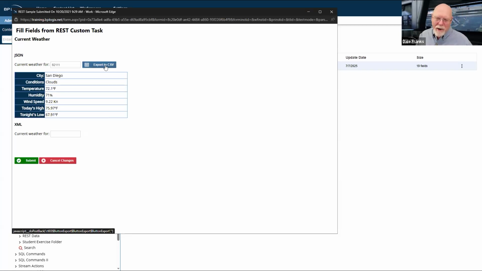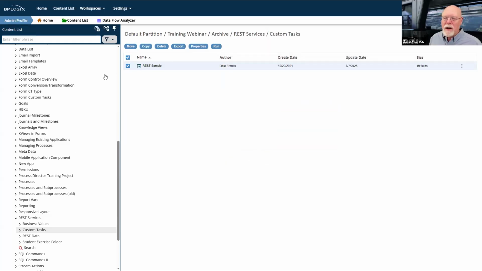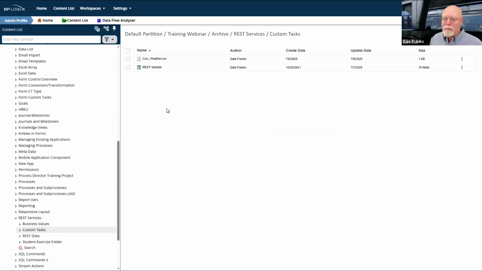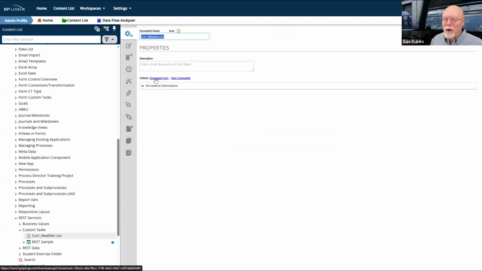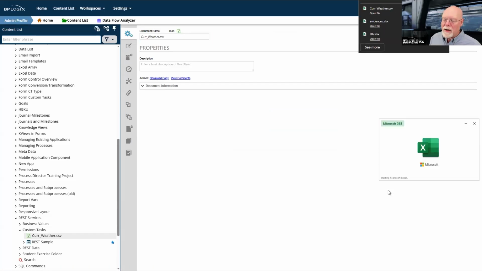Now, I've just done the very basic configuration. So this Export to CSV button, while I have clicked it, there's nothing on the form that indicates anything impressive has happened. But if we go ahead and close the form instance here, and we reload this folder, there is a CSV file. It is called